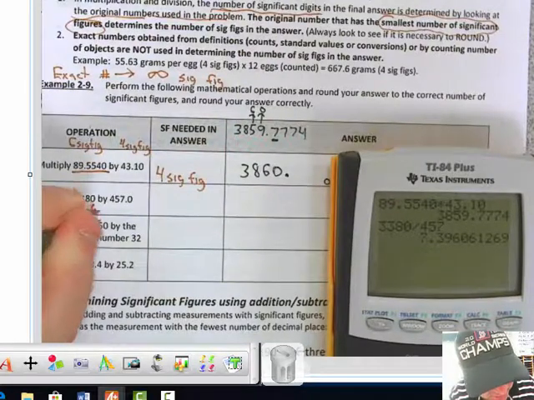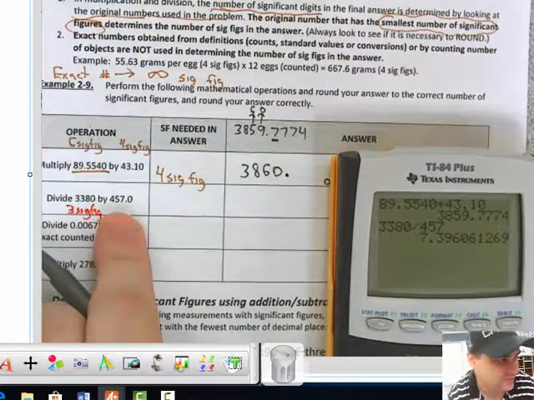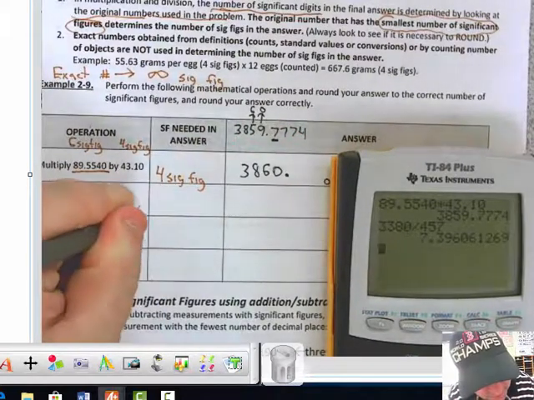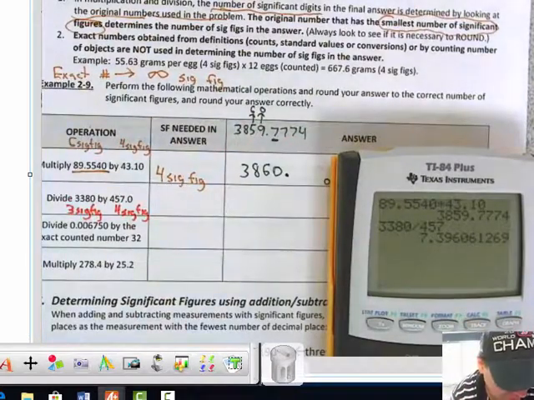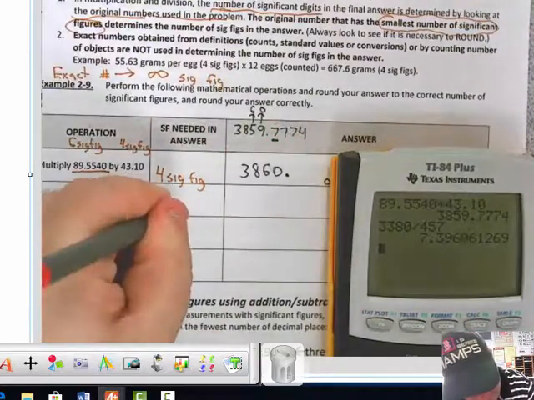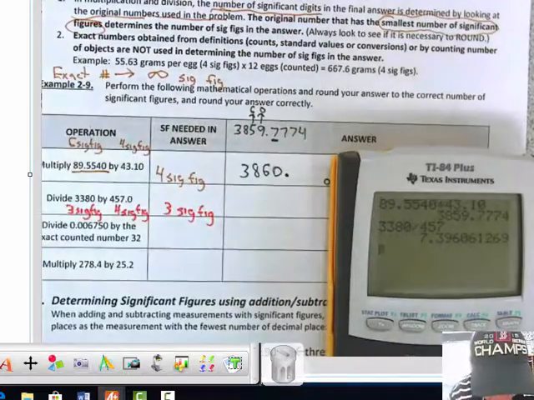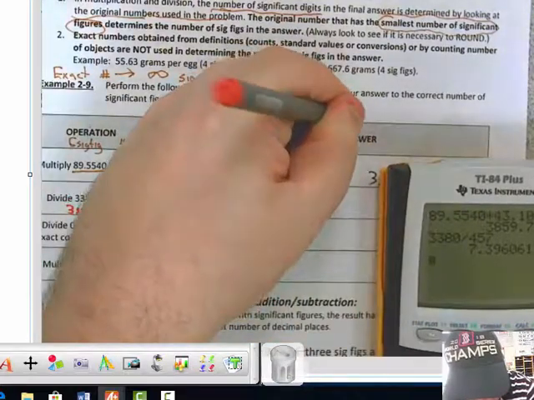3 sig figs, because this 0 does not count. How many significant figures are in this number? 4 sig figs. Okay. 3 sig figs and 4 sig figs. The fewest number is 3 sig figs. Okay. So our answer is